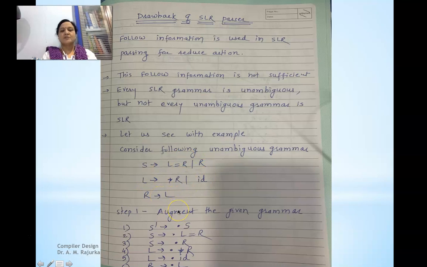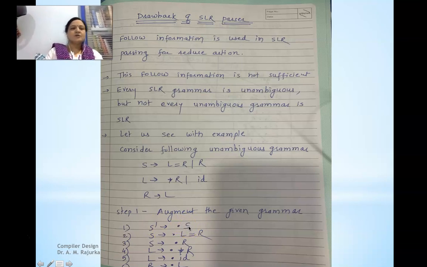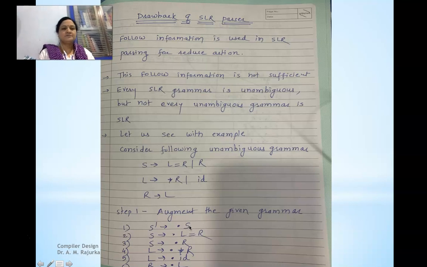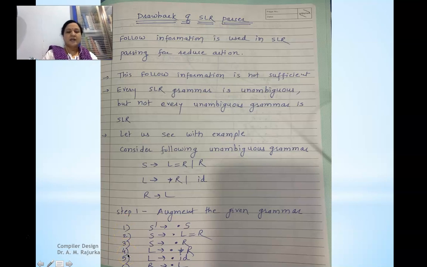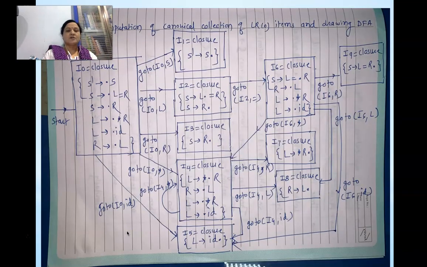The first step to construct the SLR parsing table is to augment the given grammar. So, we are adding one production S dash tends to dot S, which reduces to the start symbol of the grammar. All other productions are as they are, we are just adding a dot at the beginning of the production. So, this is the augmentation of the given grammar. The 5 productions now become 6 productions, and these are the numbers given to the productions, so that we can write the number of the production by which we are reducing during the reduction on top of the stack.